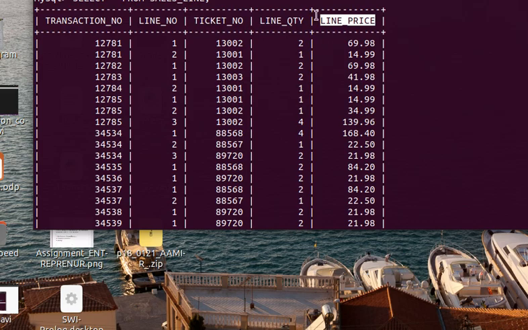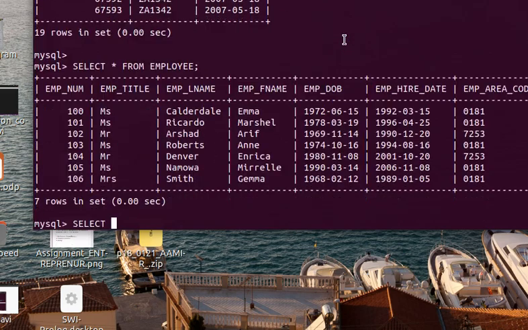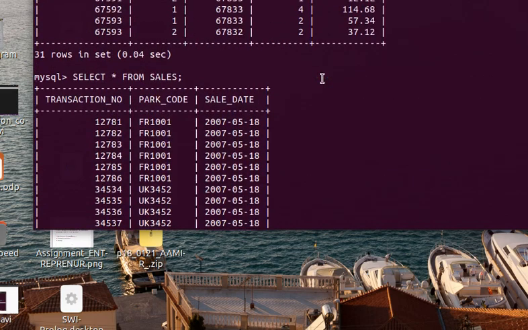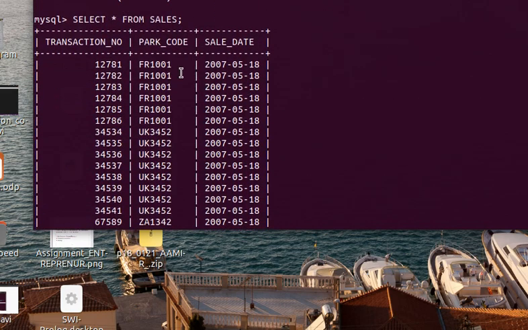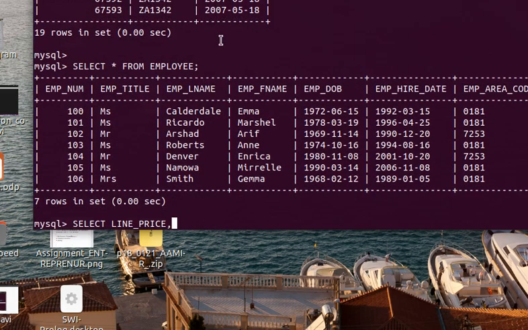From this table I want to extract the line price. Select line price, and from this table I want to extract the sales date, and in this table I want to extract the employee first name.